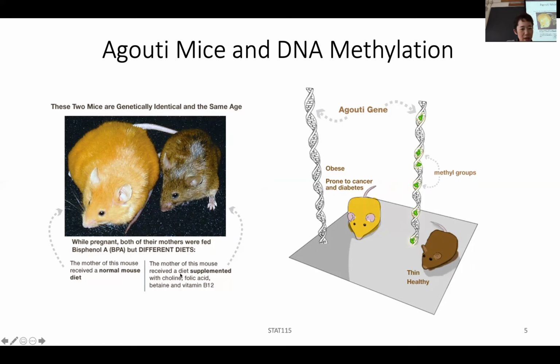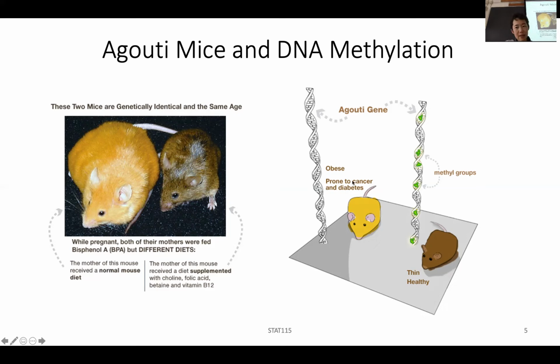This mother received a diet supplemented with folic acid and vitamin B12, and you can see this is a pretty normal mouse. In phenotype it has a brown fur color, and it's pretty healthy and lean. Whereas the agouti mice is without the folic acid supplement and also low in methionine.